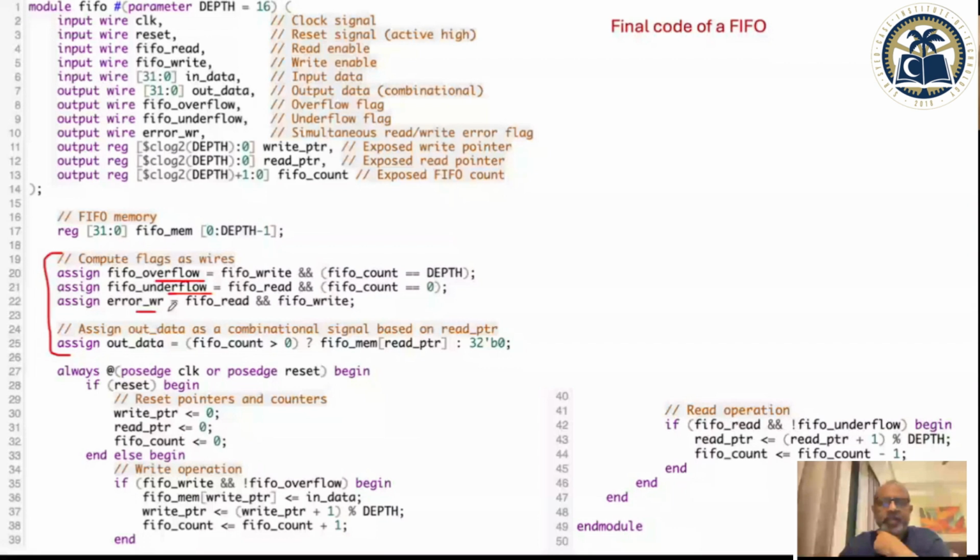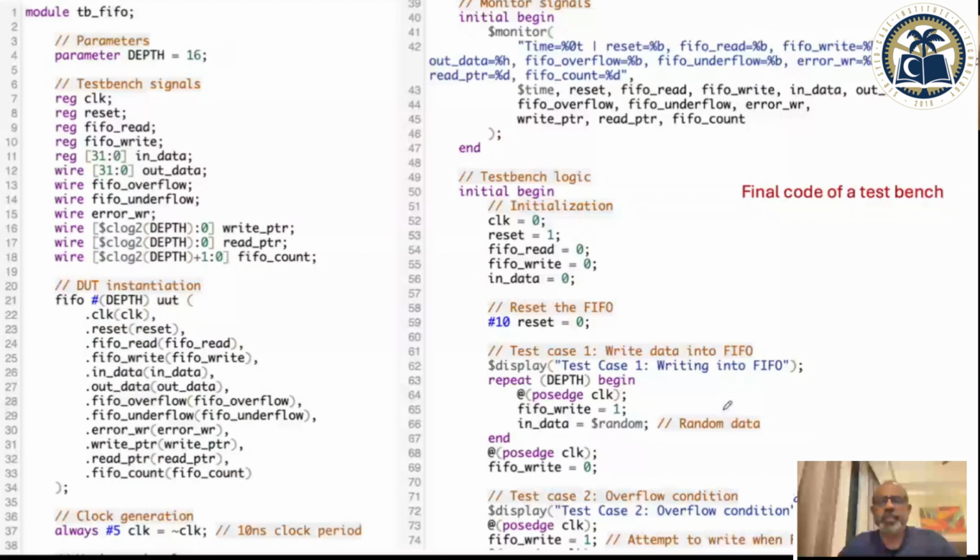And then the test bench, having a monitor. Monitor is always a good system level task. Remember, I told you that monitor gets activated whenever anything in this changes. And definitely maybe next time we also start seeing the waveforms, that you need to know to read the waveforms. But good code.